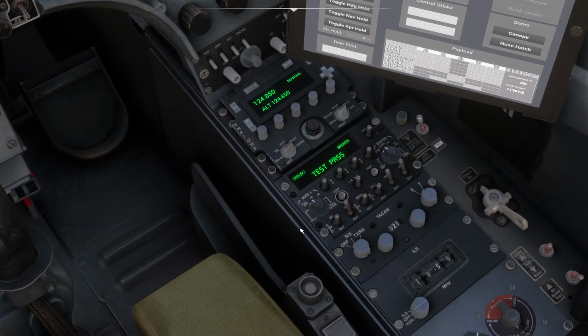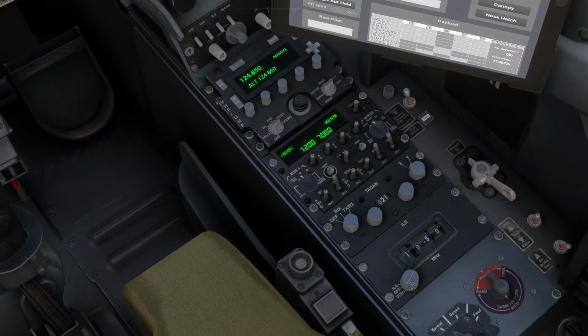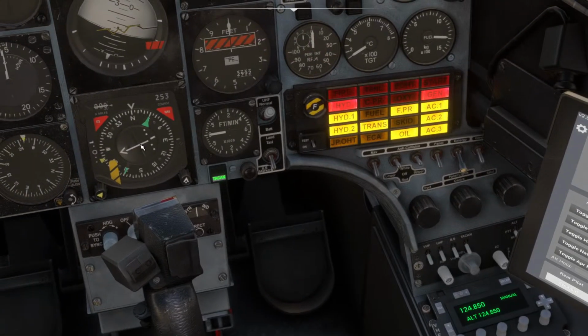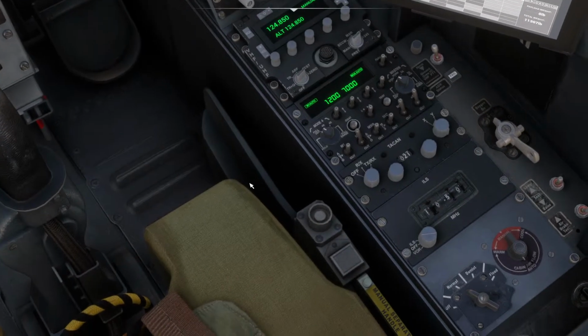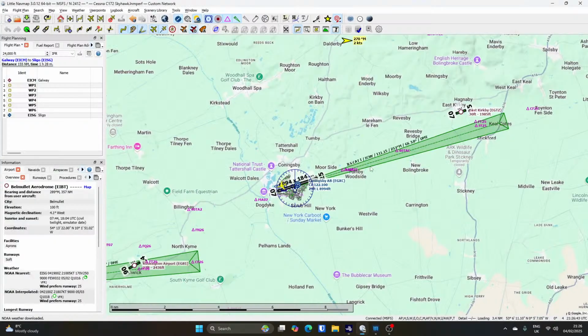TACAN, rotate the mode switch to TXRX, so transmit receive. And in the ILS panel at the bottom right, we rotate it to ILS if we want to be using ILS. So this is basically the major mode that the HSI is going to reflect while we're flying around, and we'll obviously go and tune this in while we're here to